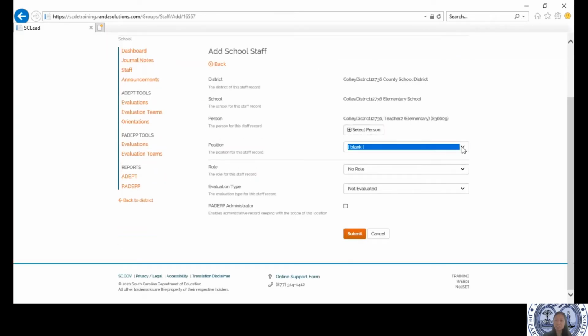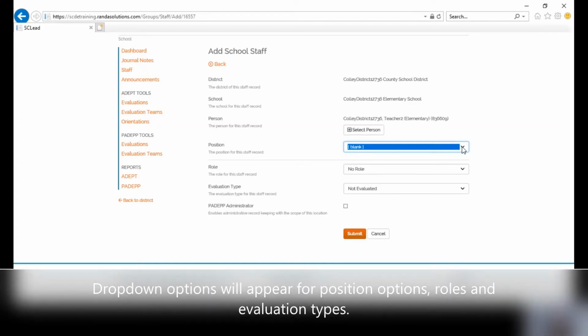Now for the position, I would caution you that when you are adding staff manually, you can only add somebody that is already within your district, and that you need to make sure that it matches the actual position that is entered in the staffing database, which is PCS, which might be called differently in the near future.